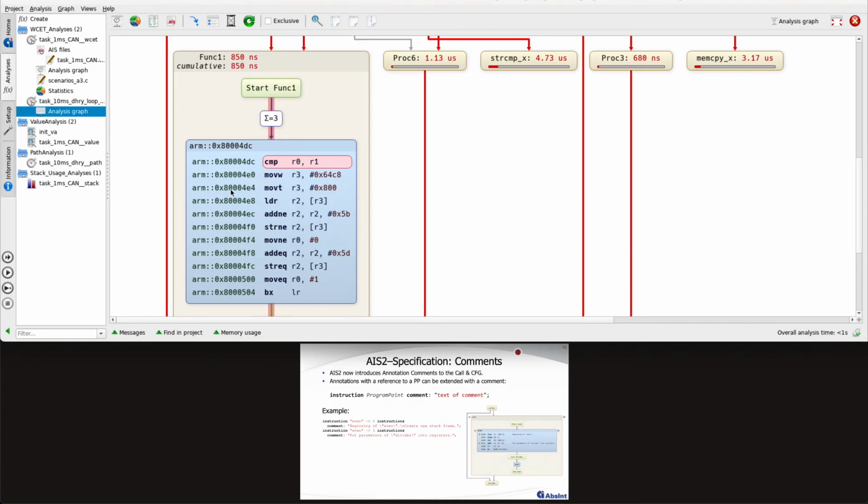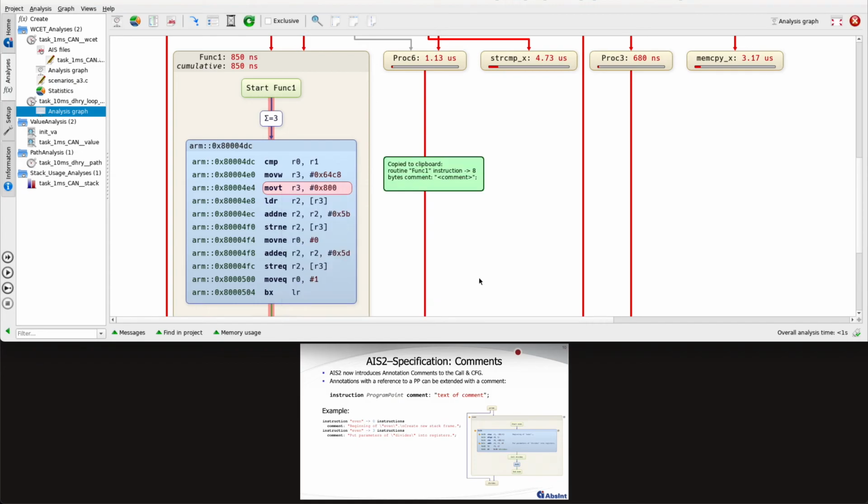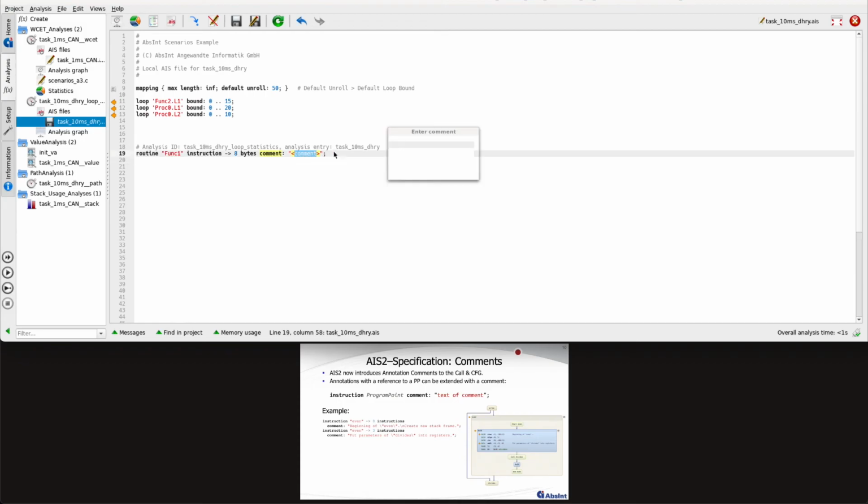Now you can do at arbitrary program locations, you can set a textual comment besides that instruction. So you can go to here, copy ICE annotation and say comment, which is a new entry in this context menu. And then you can go to your AIS file and set it here and say,